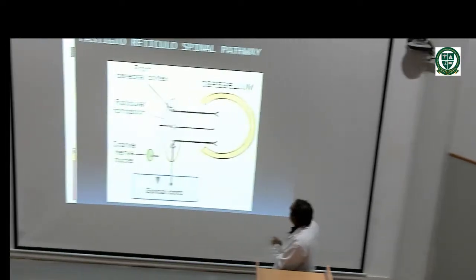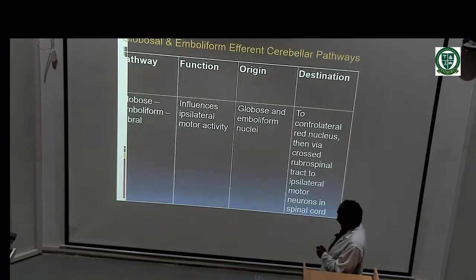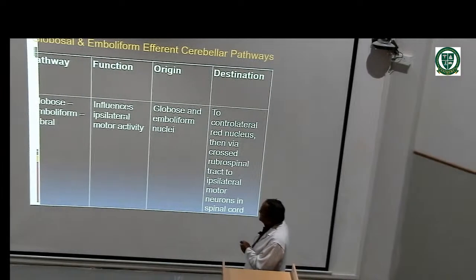So in this diagram you can see, this is the reticular formation and cerebellum. They will start from one of the nuclei of the cerebellum. They will end in the reticular formation. From here reticulospinal tract will start, and this will end at the motor cells of the anterior horn of the spinal cord. Next, globus emboliform